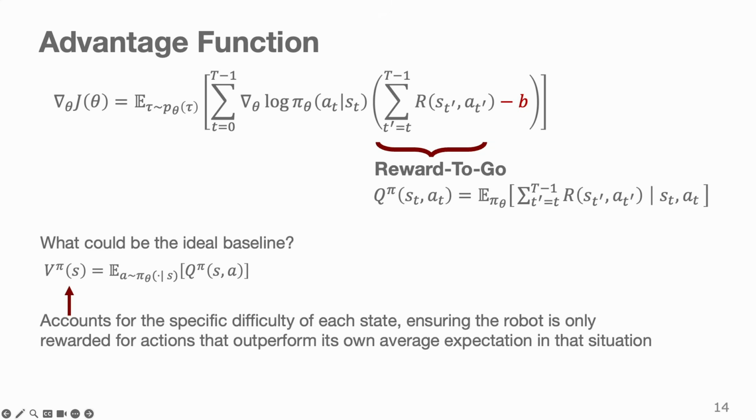And this is actually, if you remember, the definition of a Q function, right? Which is the expected sum of the future rewards given that you are in a state S_t, and then you take the action A_t and follow your policy afterwards. So essentially, this is very interesting. The reward to go is a Monte Carlo estimate of your Q function. So one noisy sample, essentially. So what we've been actually computing all the time is this noisy estimate of the Q function minus the baseline, right?